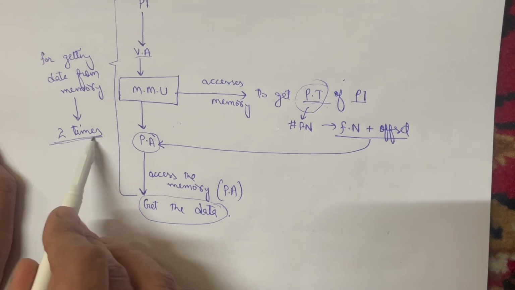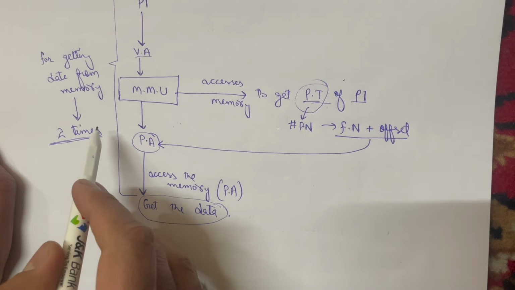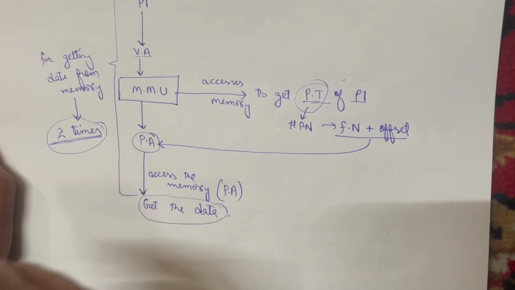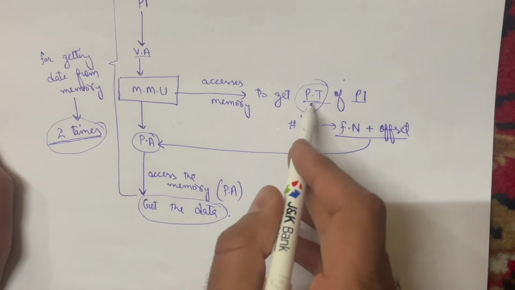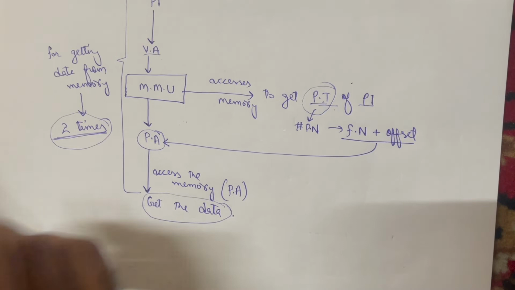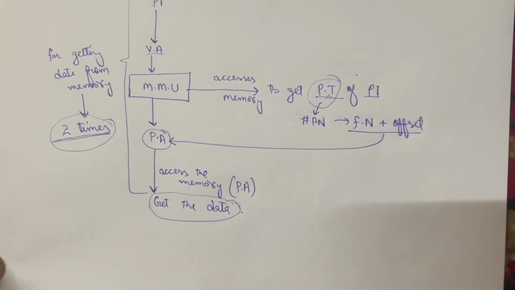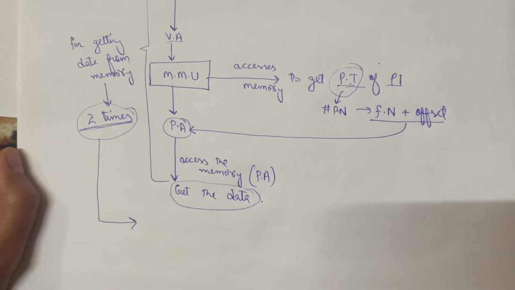So you can see that I wanted to get the data from the main memory, but for every access I am making two memory accesses: one for getting the page table and another for getting the data. And this will have performance issues. And to solve those performance issues, we have a small